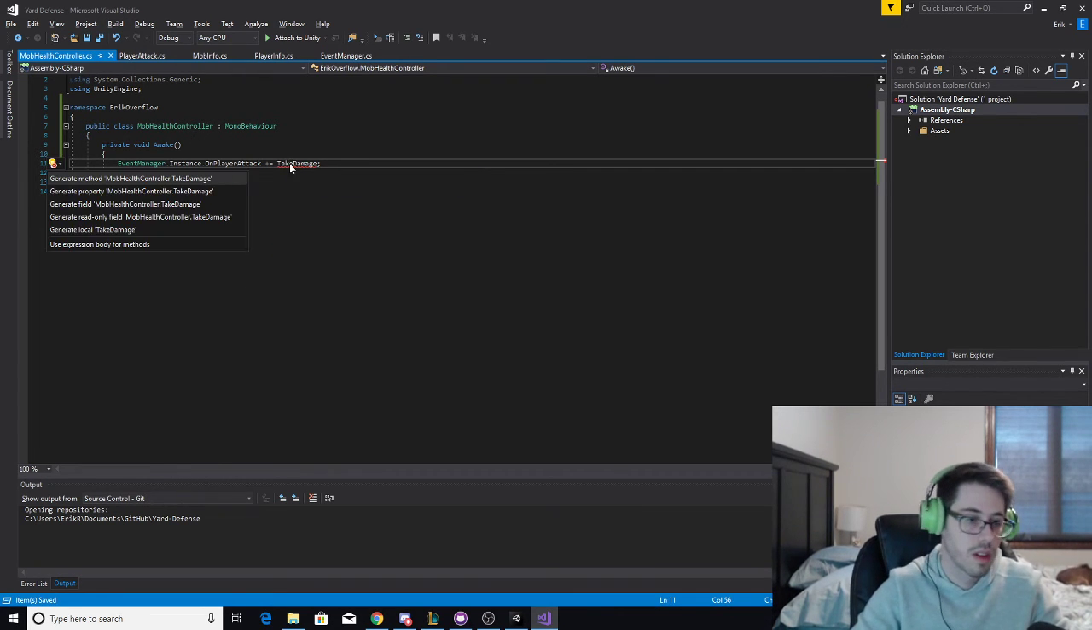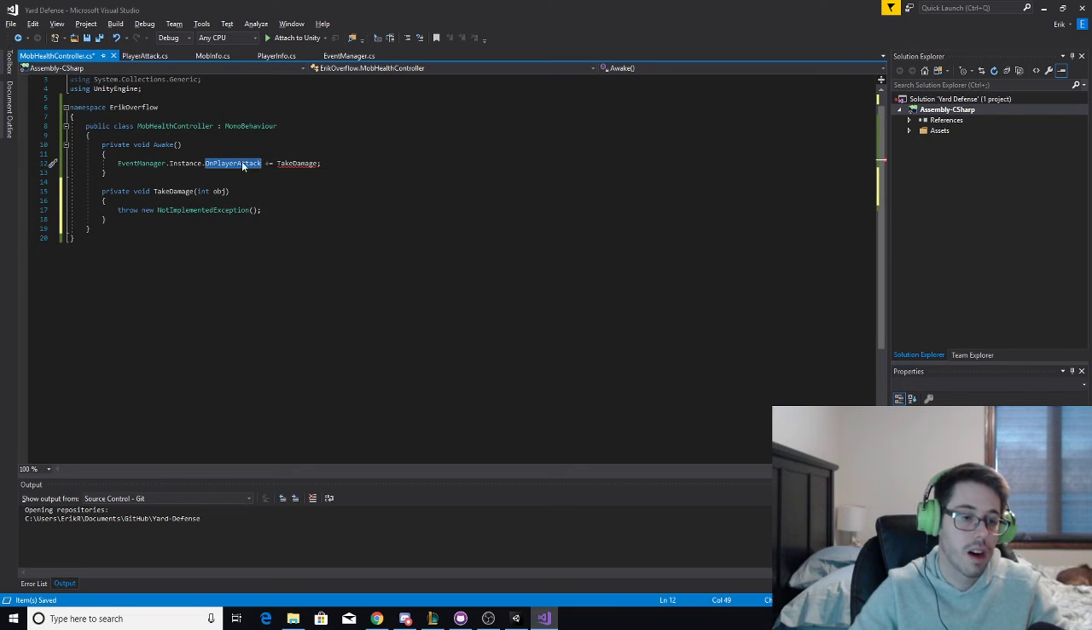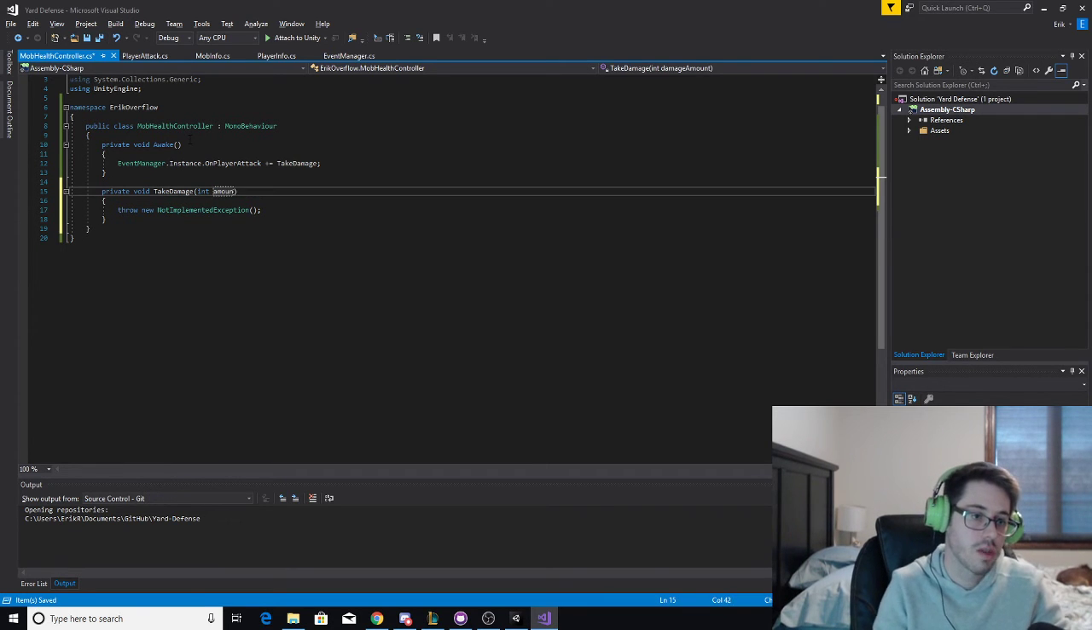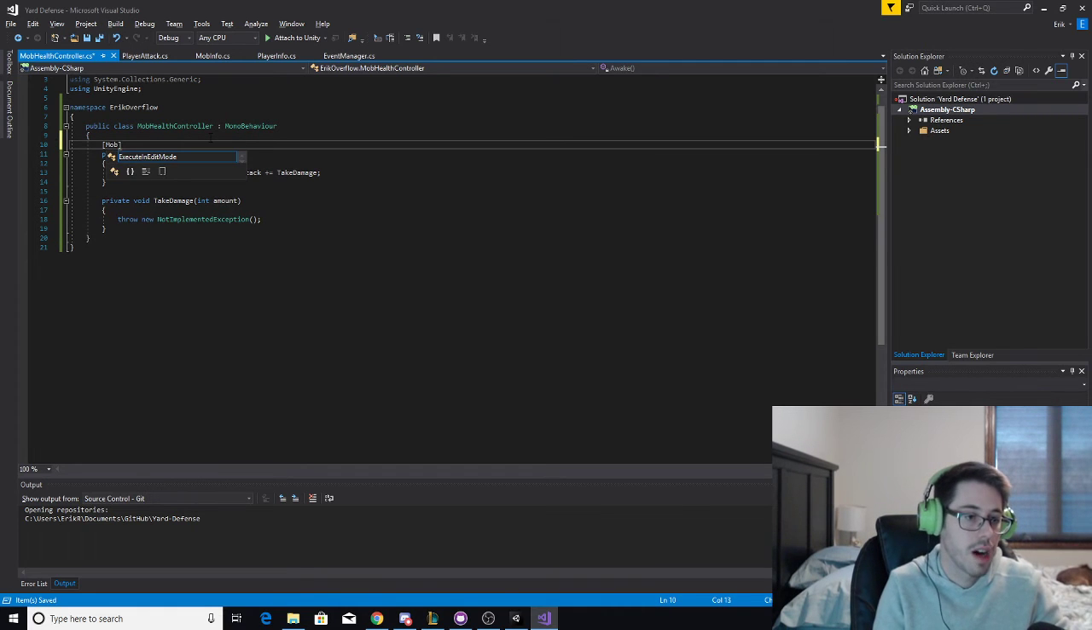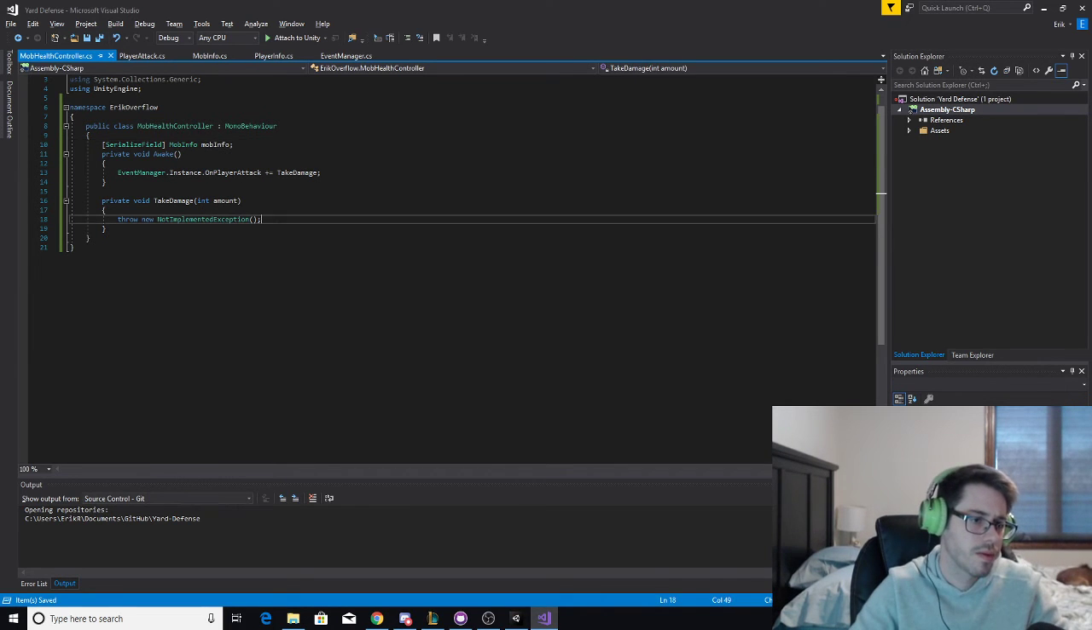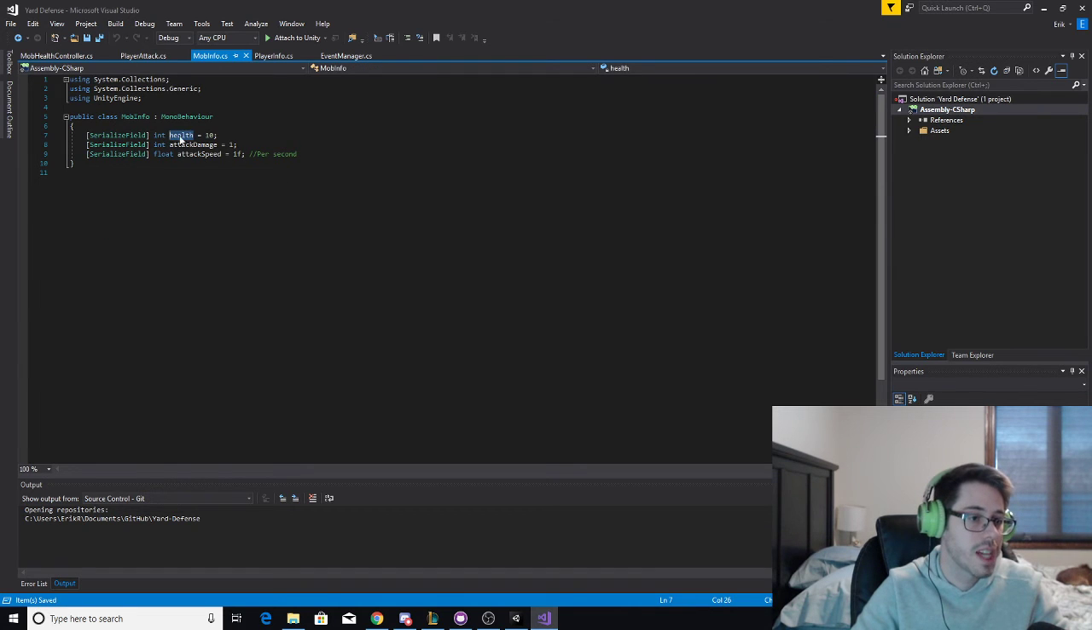And what does this do? This basically says anytime that on-player attack event is triggered, this is going to call its internal method take damage. This is going to be damage amount, or we'll just change it to amount. And here, this is going to have to affect the mob info. So we're going to create a serialized field, mob info. And when damage gets taken, we're going to want to take the health, and we're going to subtract some health